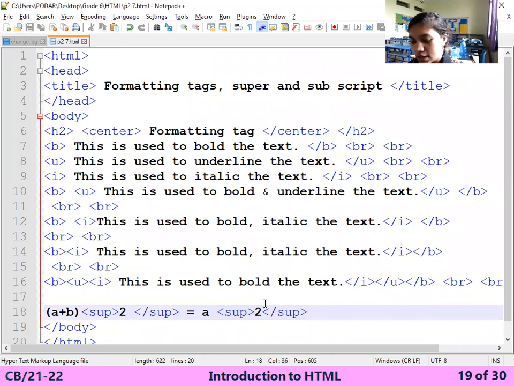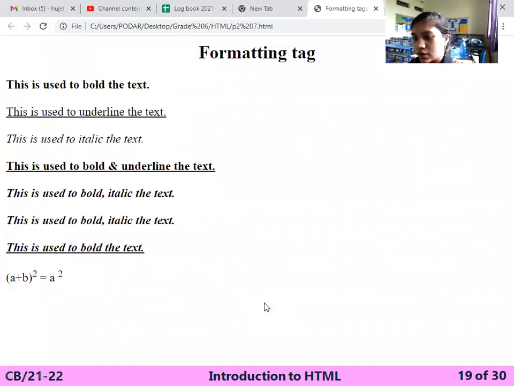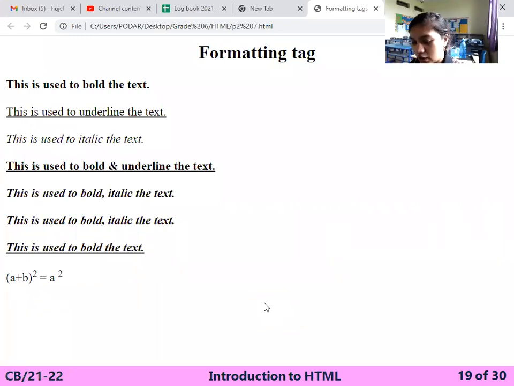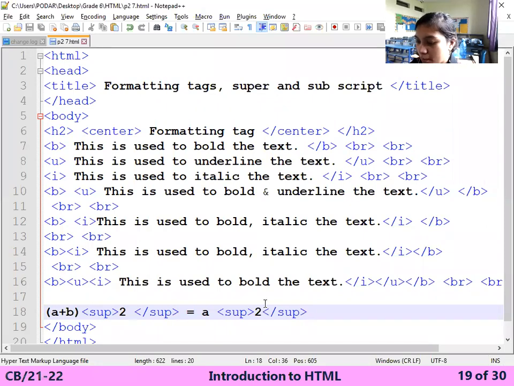A square. Control S. F5. You can see a plus b whole square equals a square. Now plus 2ab plus, this is the mathematical formula.